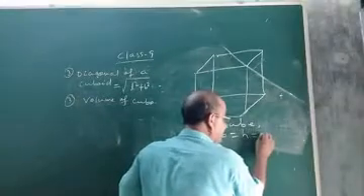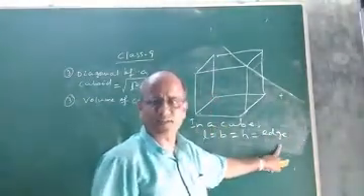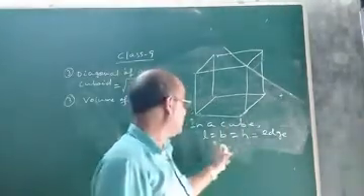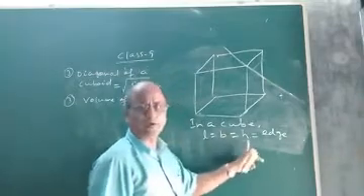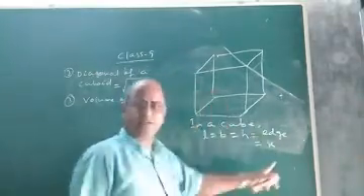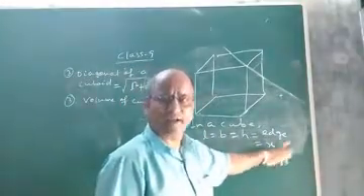It is taken by edge, you see. It is called the edge. Edge means it is the length, the breadth as well as the height of the cube. So in a cube, L equal to B equal to H equal to X. Suppose let us denote the edge by X, where X denotes the edge of the cube.